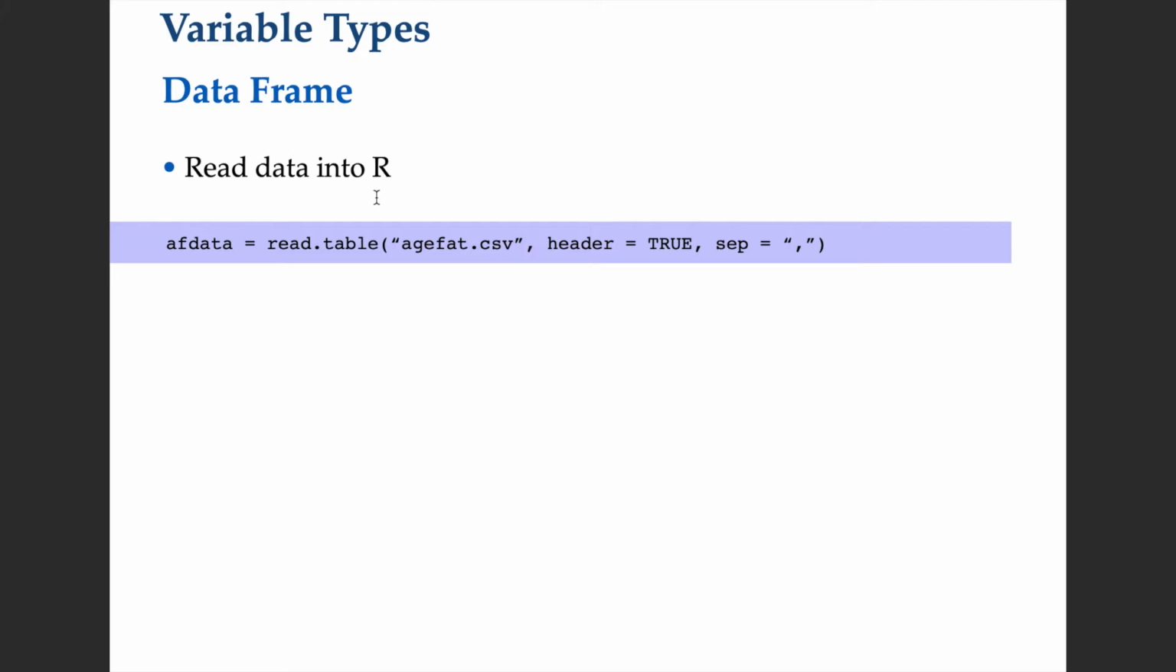So you can read these data into R with this command. Here we're going to create a new variable called AFData. We're going to assign to it this information. So the command to read data into R is called read.table. And then in parentheses, we have in quotes the name of the file that we want to read in, so agefat.csv. Another argument we need to put in here is we need to tell R that this file contains